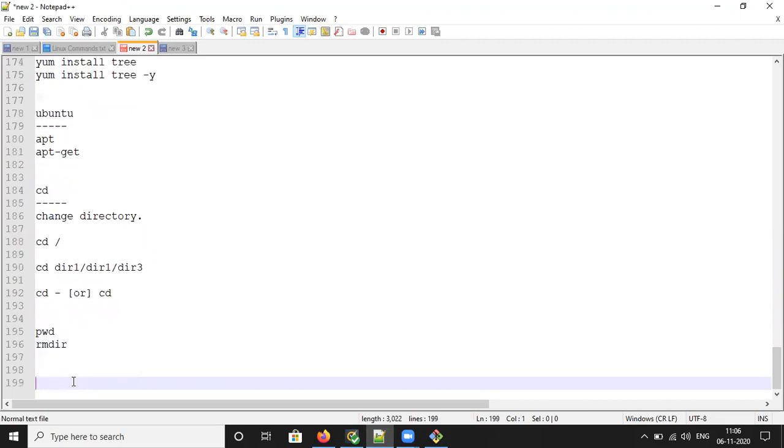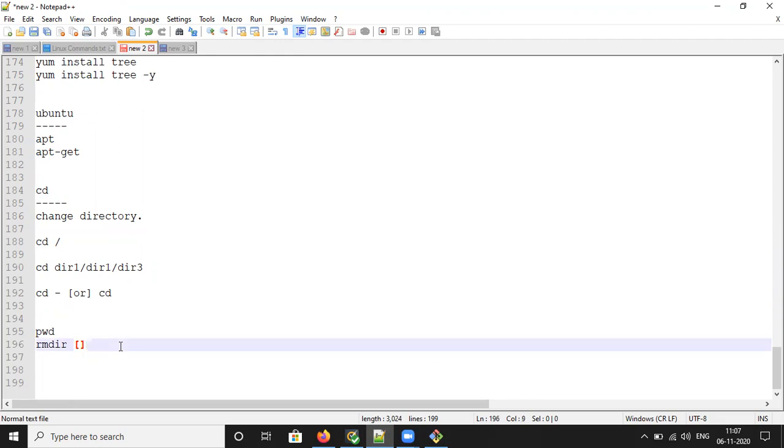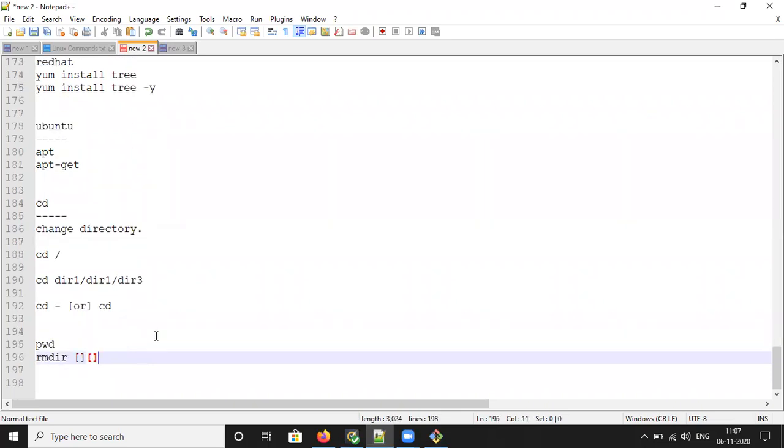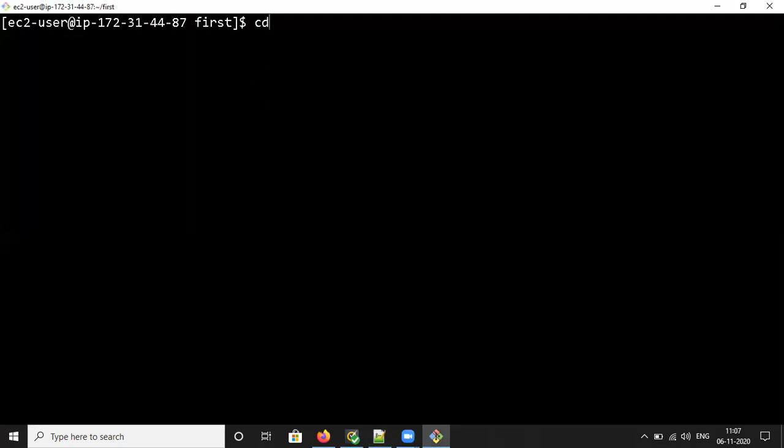So what will it do? The remove directory command is going to remove the entire directory when you specify options and the directory name. Like this you have to specify.